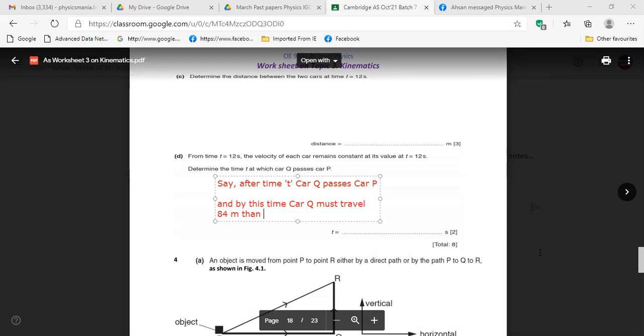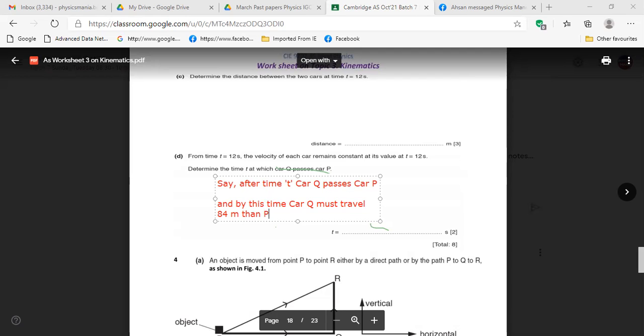Now, if you want to touch him, then for example, like after 100 seconds, you will reach Farhan. Okay. So by this 100 seconds, whatever the distance Farhan is traveling, you have to travel 84 meters more, right? Isn't it? Yes, sir. Are you clear about this? So that one we are now doing. Then